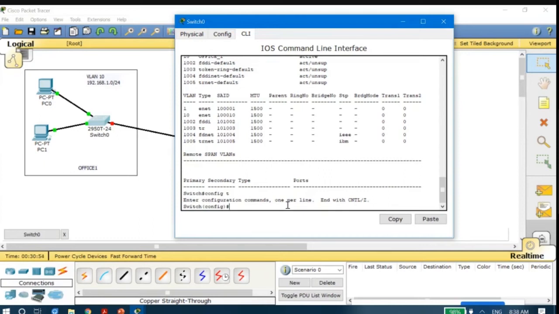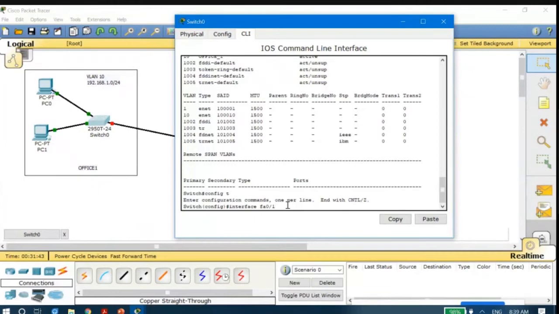Let me configure, all of you just see. Here we have to configure the different ports. In order to configure a particular port, we have to select that port and then give the command to access. To select a particular port, the command is interface, followed by the port.